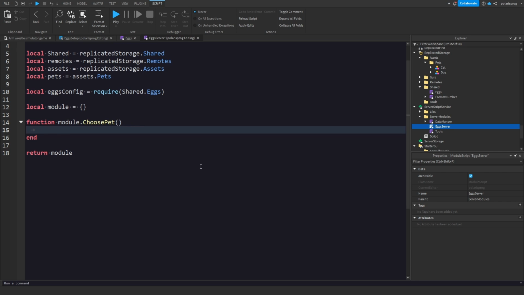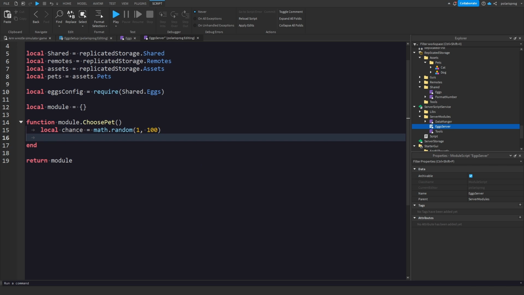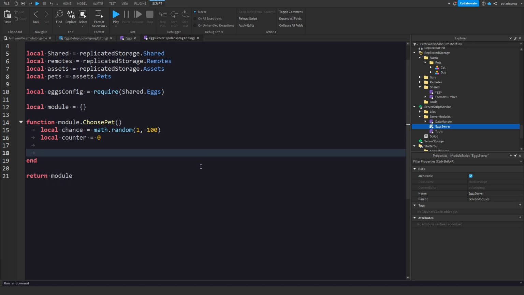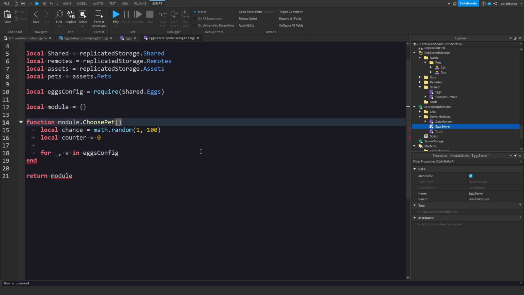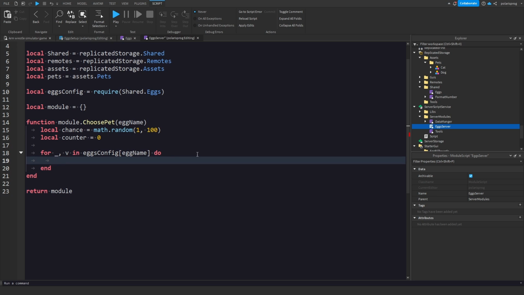So we're gonna have a variable local chance equals math.random from 1 to 100 for 100%, and what we need then is a counter equals 0, and what I'm gonna do in here is for _, v in eggs config, and in here we're just going to type in egg name in square brackets, egg name do, and what we're gonna do is counter plus equal,